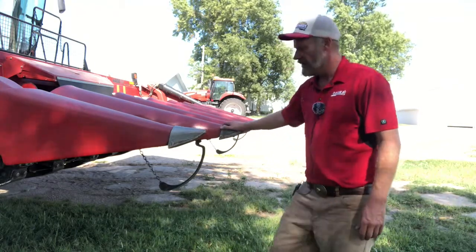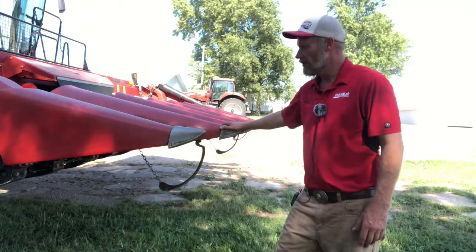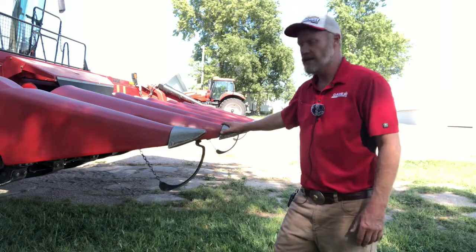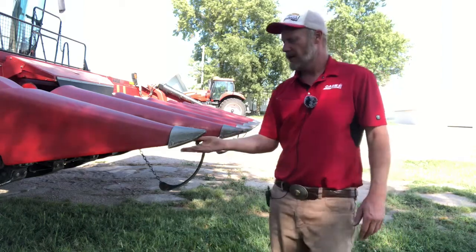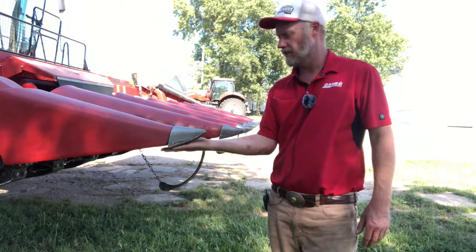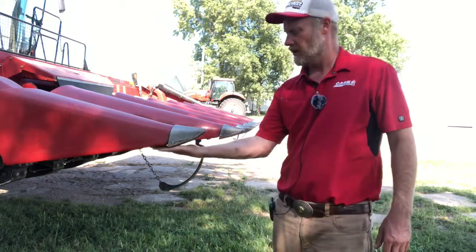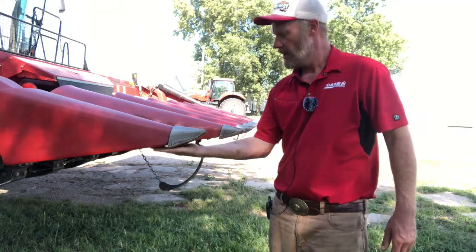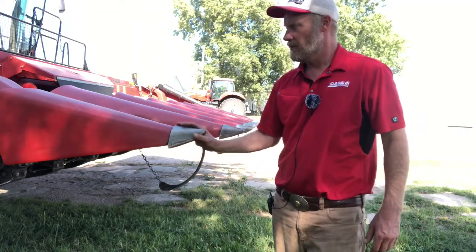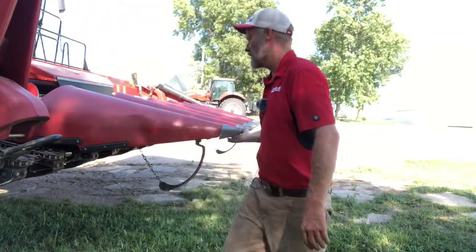Once we get the head down into harvest position, especially those positions closer to the ground, depending on what we've set the angle of our header, we want to get the height of these adjusted so we're riding more to the back of this skid plate. We don't want to be constantly spearing the front of the snoot in the ground. We want it to be riding at the back, and the snoot to be lifting that crop up. So as we go across the head and look,